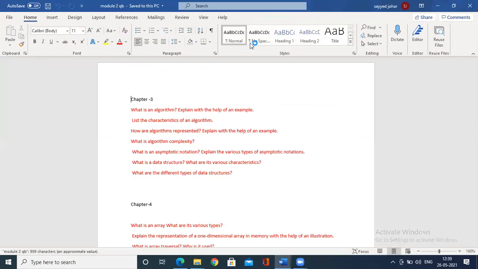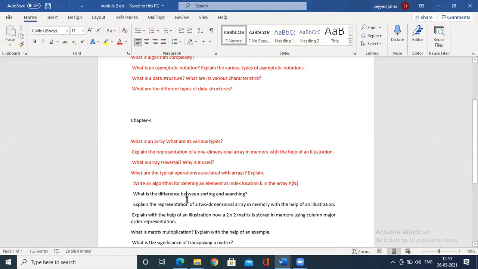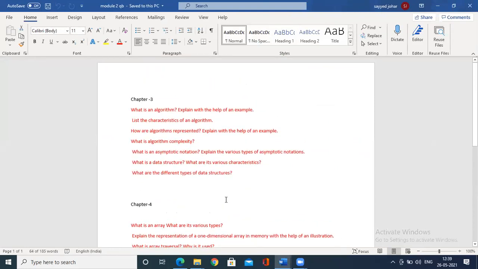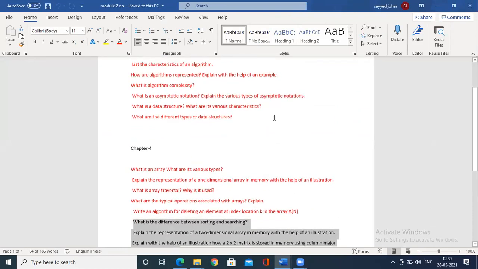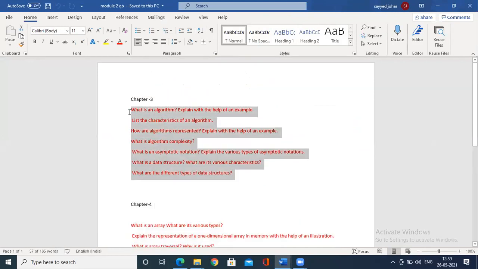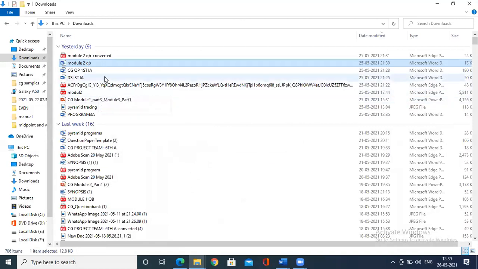This is the module 2 question bank I have just forwarded. Only the red things are there for internal, because those topics, sorting and searching and two-dimensional arrays, I have not yet started. Why have I not started? Because I want you to get a grip on this first. I have forwarded these questions into the Google Classroom, right? Only this is a must from chapter 4; chapter 3 you can refer to. And the programs that I did in the class are all there. Module 1 is also the same thing, I have forwarded the questions previously.